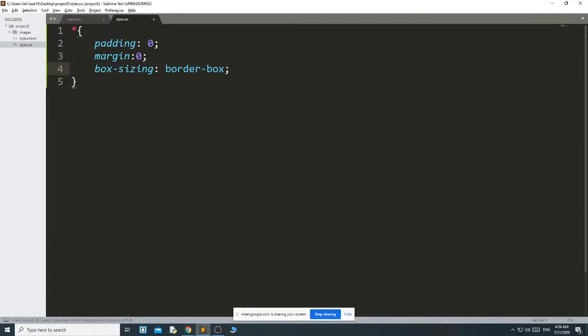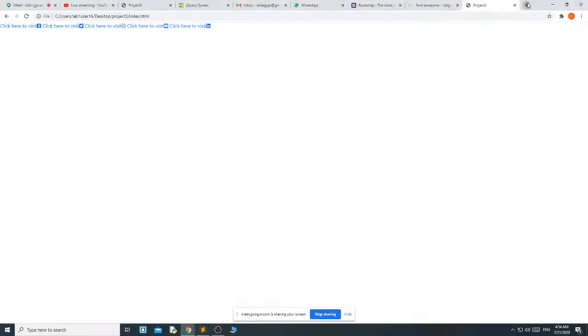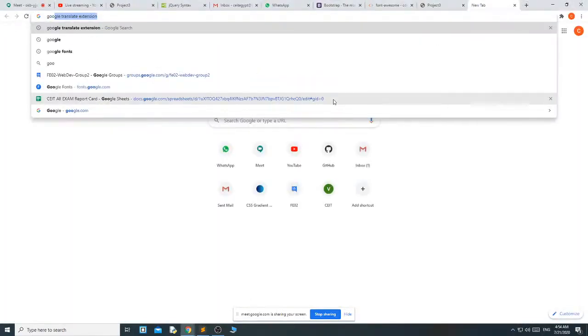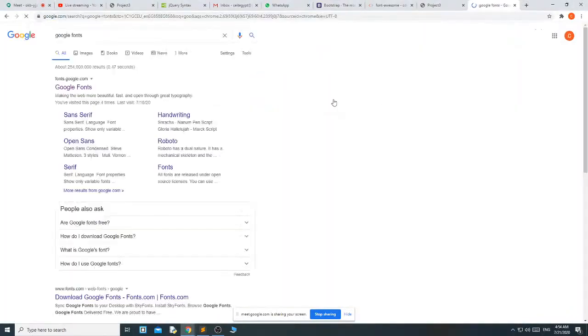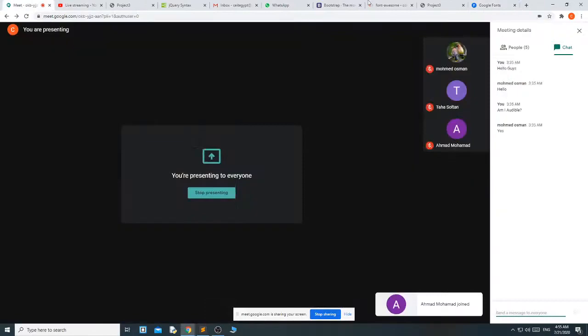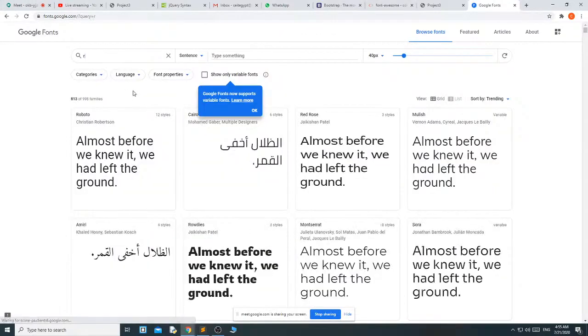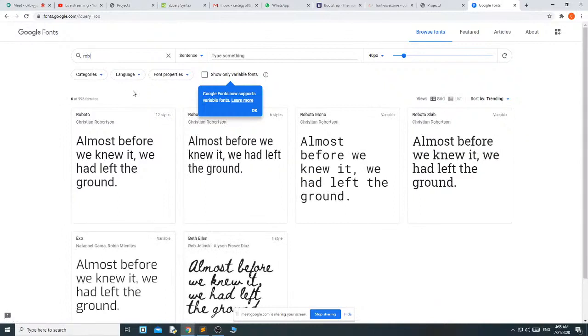Now I want to add some font. Then you can use Google Fonts. Here, which font you want to write? Suppose I am using Roboto.